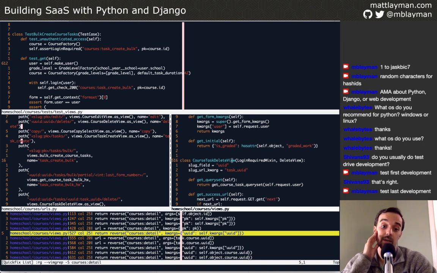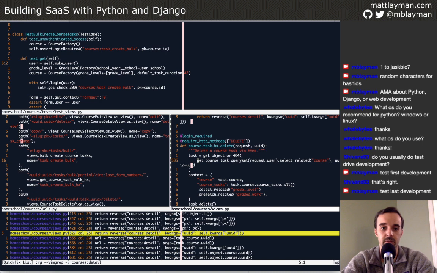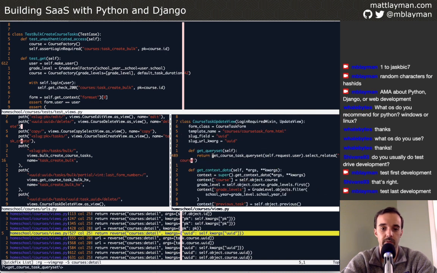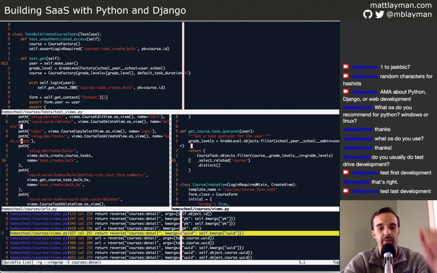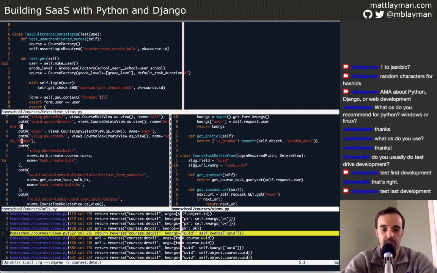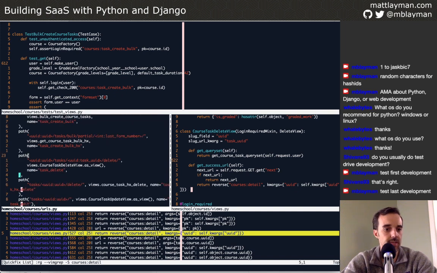Oh man, how's that going to work? Because it wants to do a lookup. There's another helper function. Good grief. Okay, thankfully that one's not using any ID stuff. So course task delete. Let's look over here. The course task delete. Here you can see it. So it's saying we've got the UUID